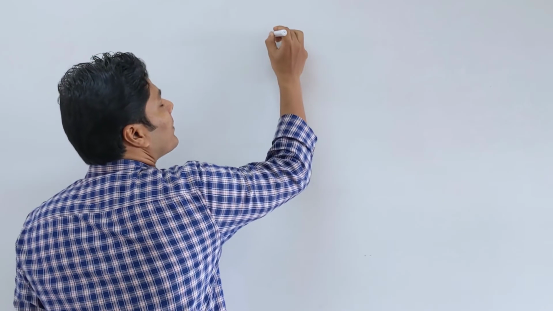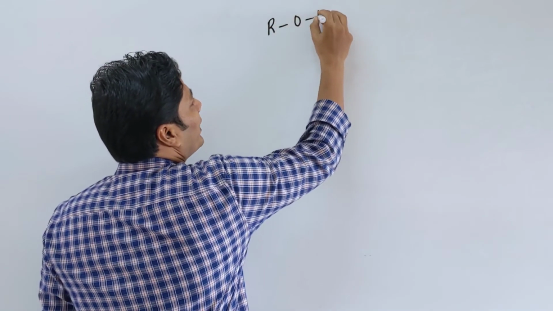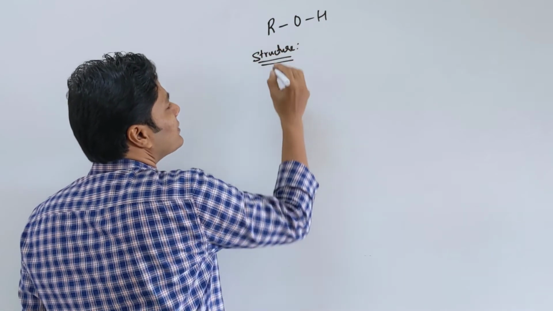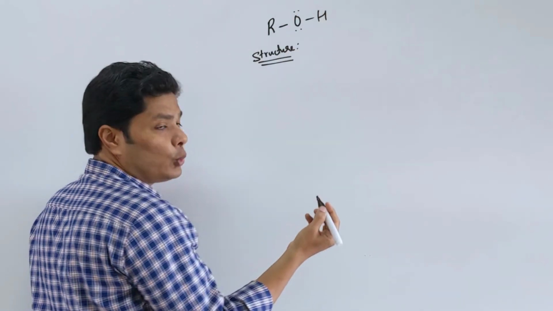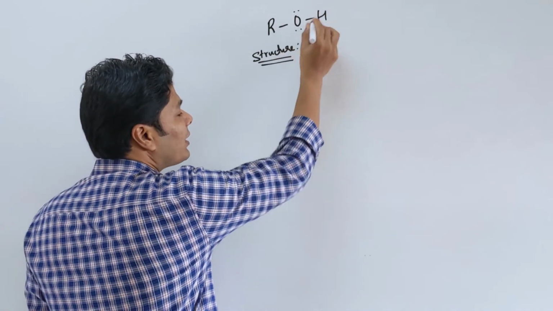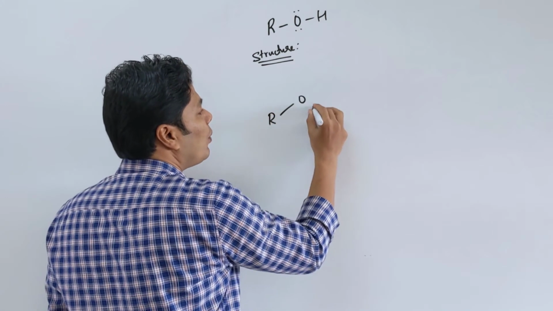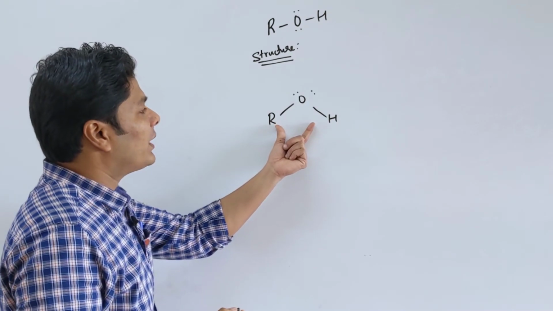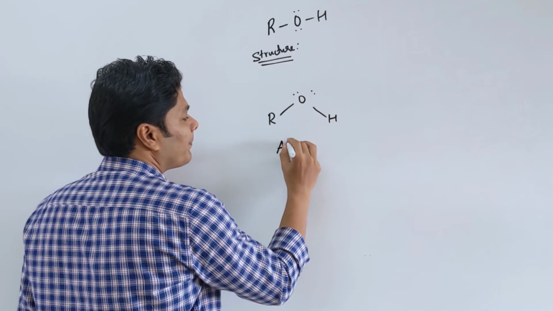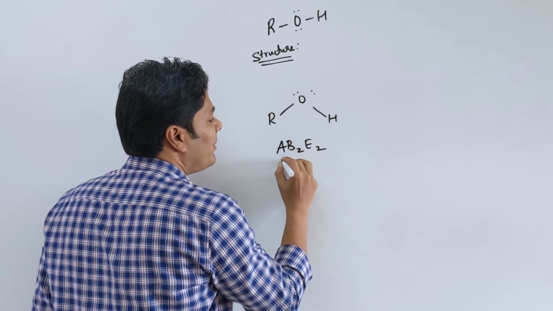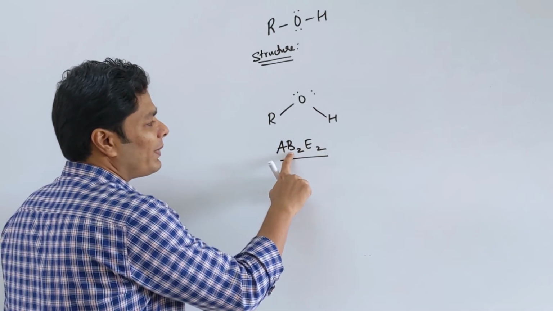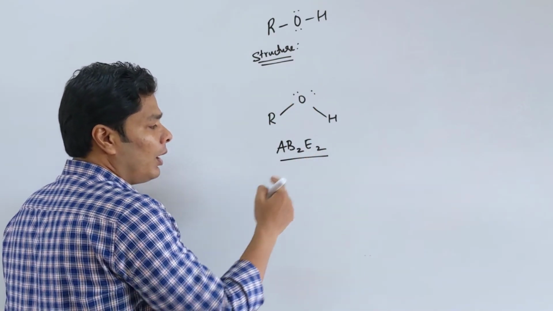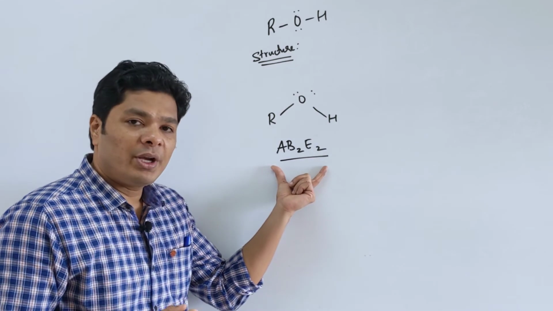So, alcohols commonly can be written as ROH. Now let's look into the structure of alcohols. The oxygen atom has two lone pairs, so the alcohol is actually not a linear one. The alcohols have a bent shape just like water. If you look at chemical bonding, this comes under the AB2E2 class: two bond pairs, one with R, one with H, and two lone pairs present. Now, this comes under the basic electronic geometry of tetrahedral.